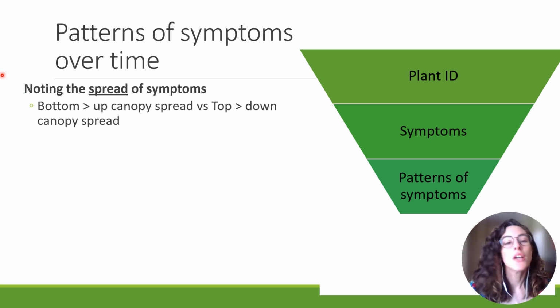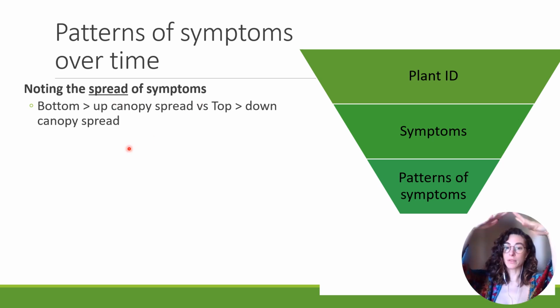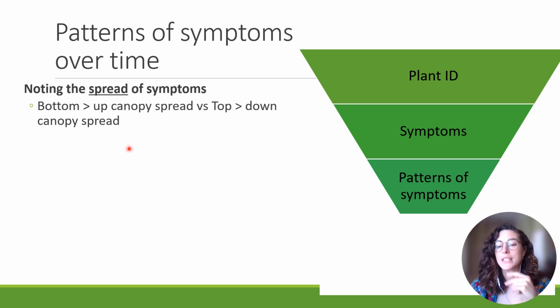of patterns. So if we're talking spread of symptoms within a canopy, just within one host, there's two patterns that I can give you that are helpful. Bottom up canopy spread, meaning it starts at the very bottom and moves its way upwards, is typically going to be a foliar fungal disease. Top down canopy spread, starting from the top and moving downwards, is typically going to be a vascular limiting issue,